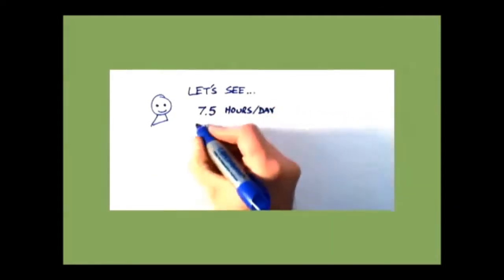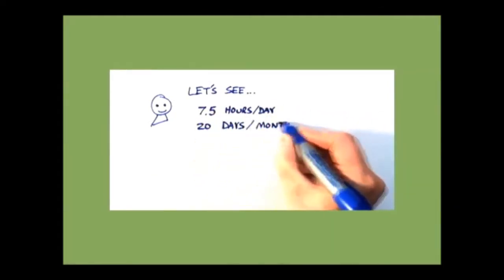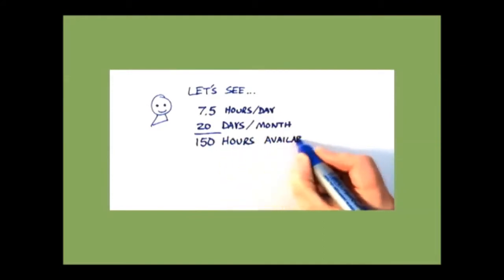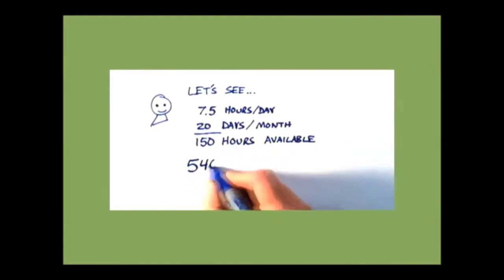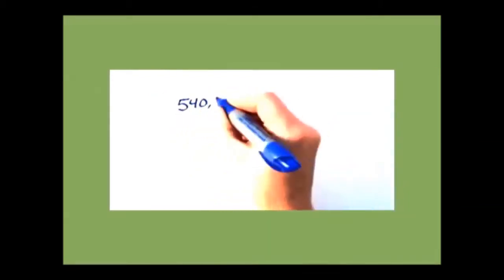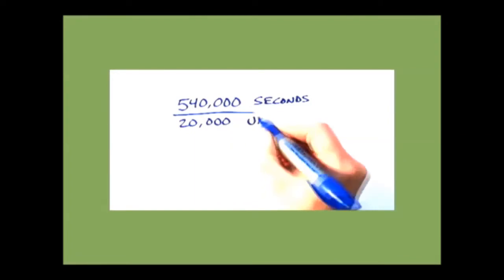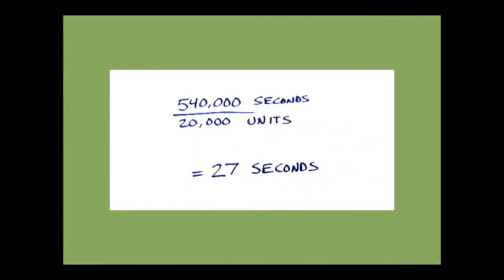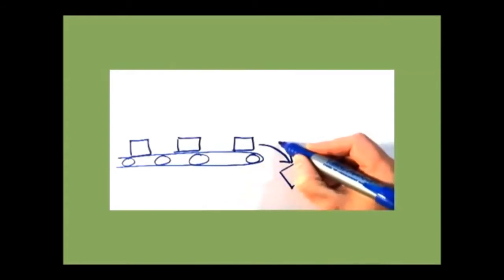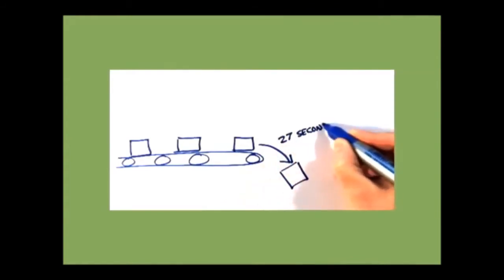So for a single shift operation running 7.5 hours a day, 20 days a month, you have 150 available hours, or 540,000 seconds. If the customer needs 20,000 units, the calculated takt time is 27 seconds. So in order to meet the customer demand, 1 unit will need to be produced every 27 seconds, at a minimum. Takt time is useful to get a gauge on what is actually needed in order to meet your customer's